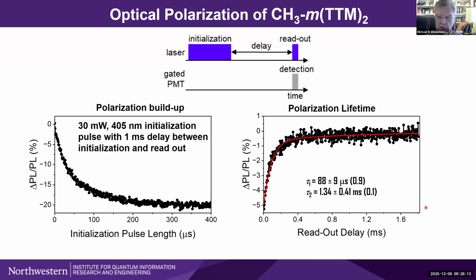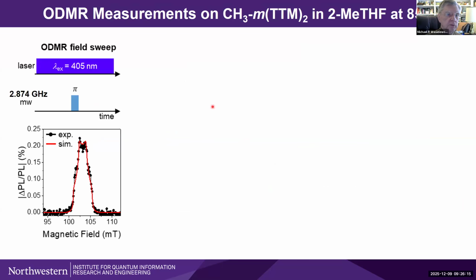So what kind of experiments can we do? Well, we can do our standard ODMR detection again. And once again, you can see here by just putting in a pi pulse somewhere in the middle of this continuous radiation of the system, we get a nice ODMR spectrum. Once again, we're doing this at S-band.